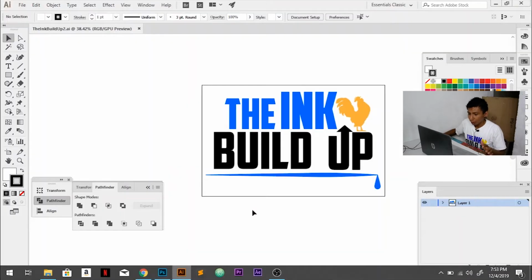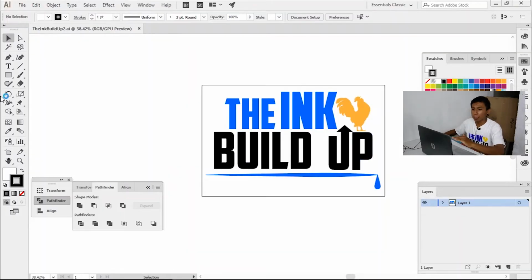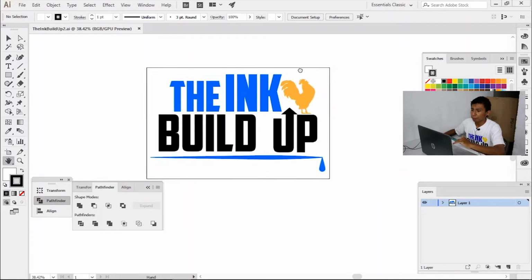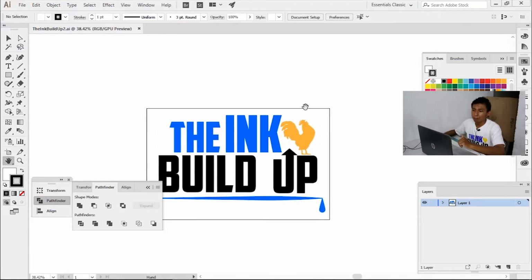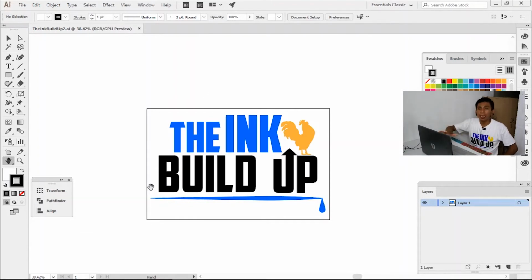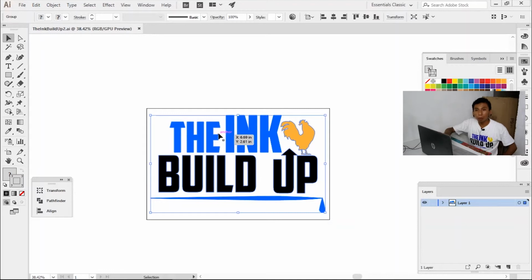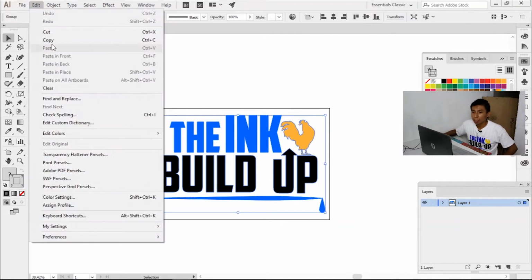So again, we're going to use Illustrator with this, and if you don't have Illustrator, if you have, for example, Corel, all you're going to do is save it as a PNG and drag it, but I'll show you guys that later. But first, just with Illustrator. So here's an example of a design. All you're going to do is select your artwork, add a copy,